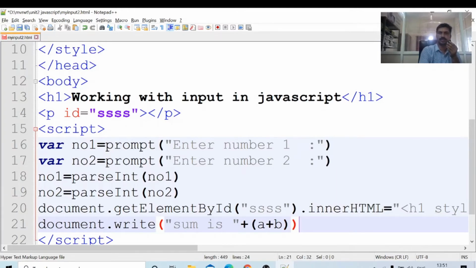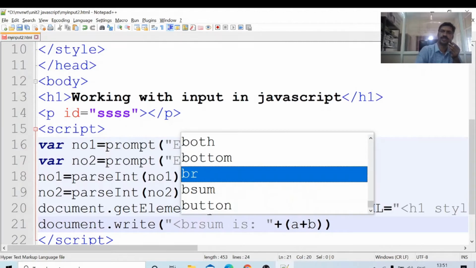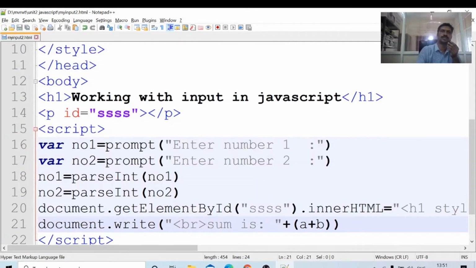I can write like this also. Control S. Okay, two times it will come. Here I will place a break for the next line. Control S. Now I will run the same program once again for the sum.